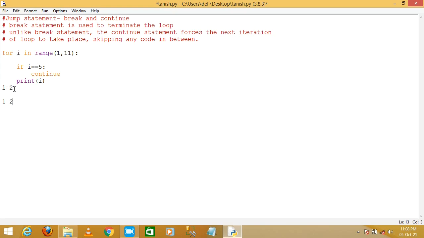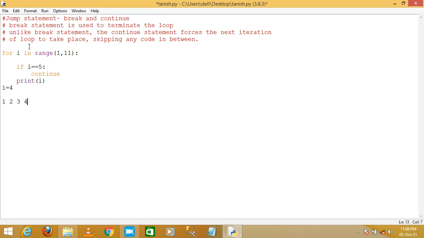Third time the value of i is 3, the condition is false, so print 3. Fourth time the value of i is 4, the condition is false, so print 4.